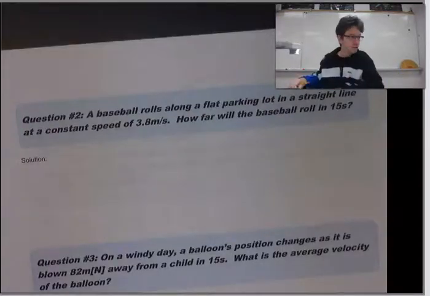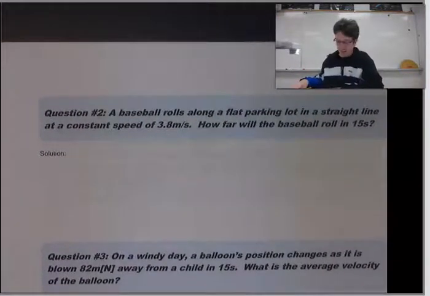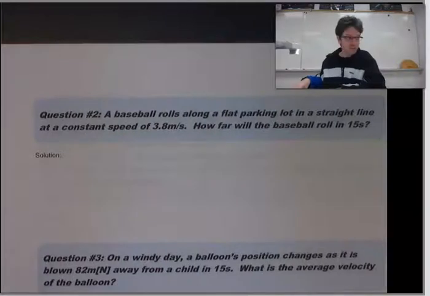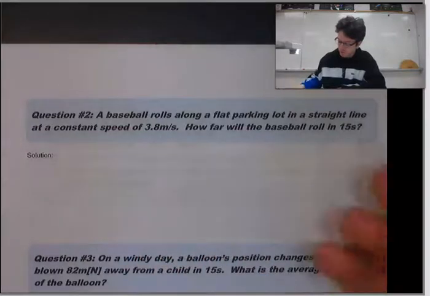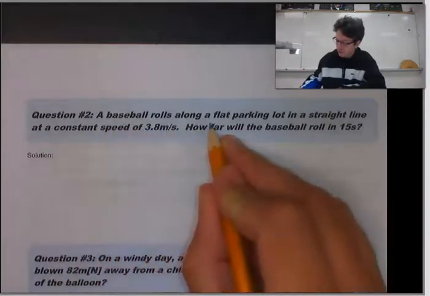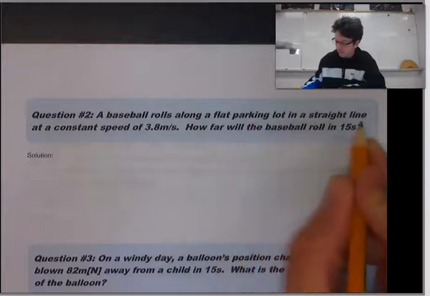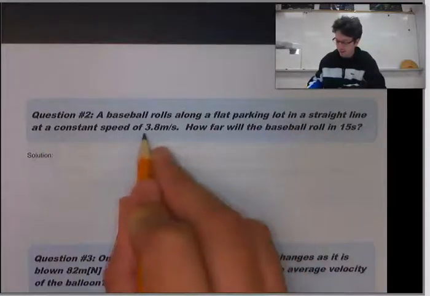All right, so our second question. I'm going to do the same thing, except again, I said you don't have to write GRASP. You don't need to write G-R-A-S-P, but you should still show that work so I can see what you're doing. So let's try this question. A baseball rolls along a flat parking lot in a straight line at a constant speed of 3.8 meters per